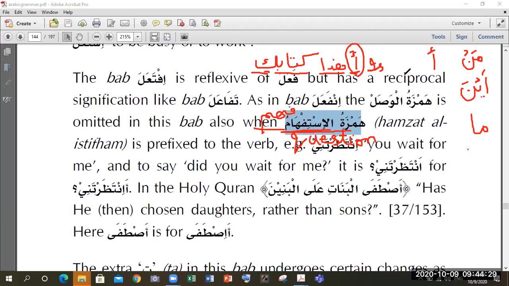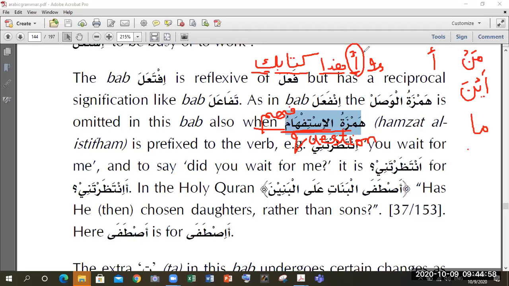So if I ask you ahadha kitabuki, what does it mean? Is this your book? So this is basically a close-ended question, right? You will say naam, yes, this is my book, or either you will say no. So the question where we can answer yes or no, we start with